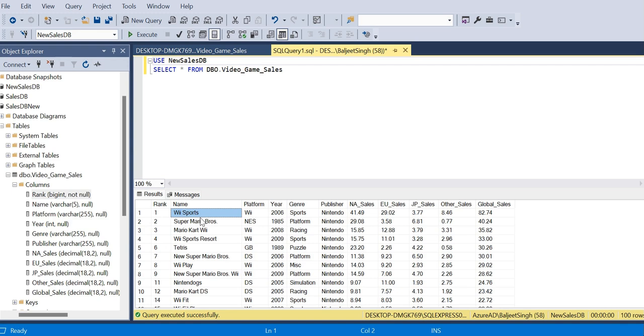So by including a where clause, where genre including adventure, we will use the filter.